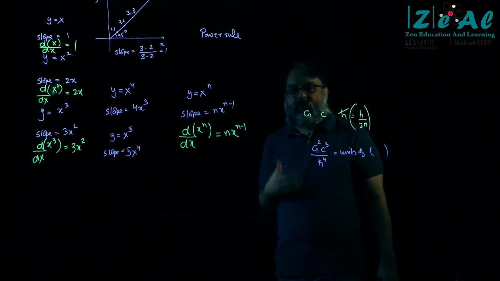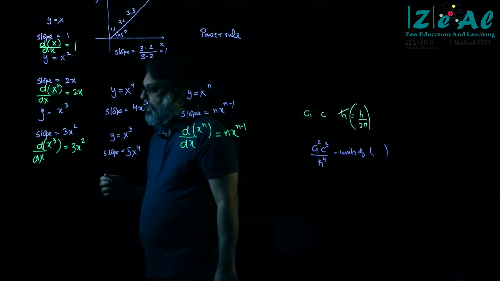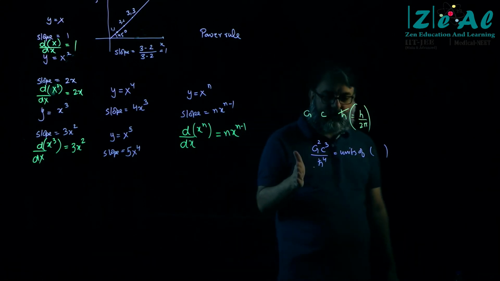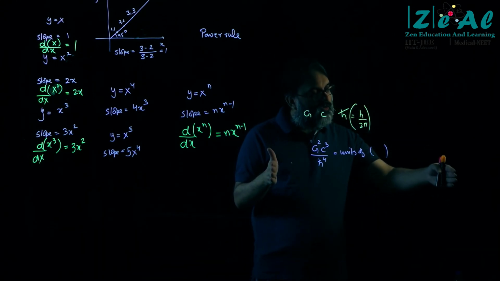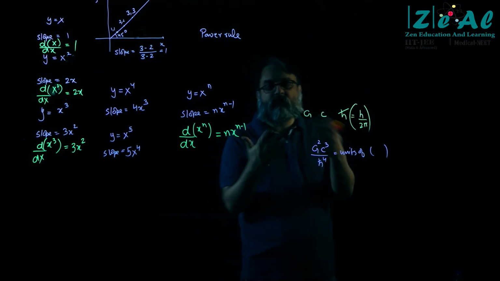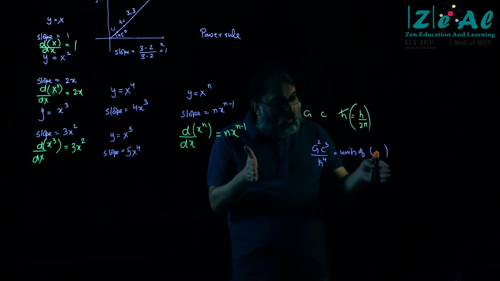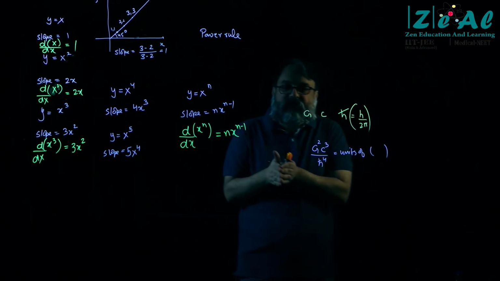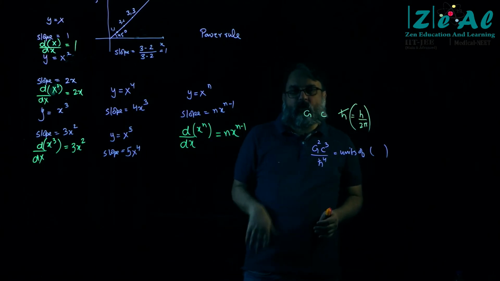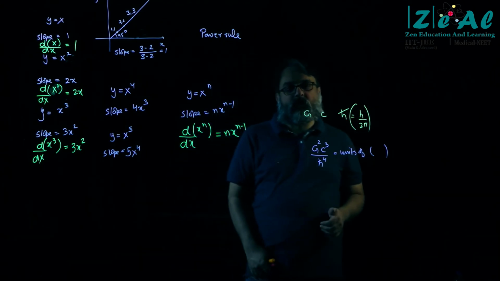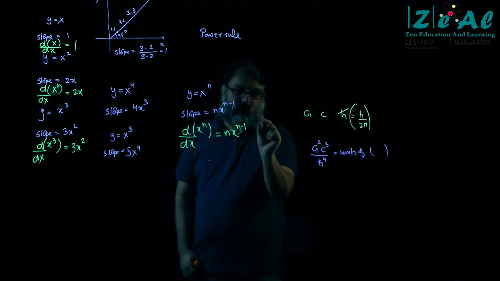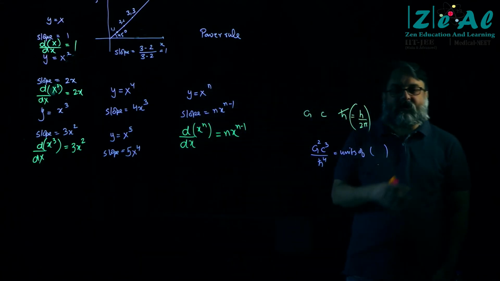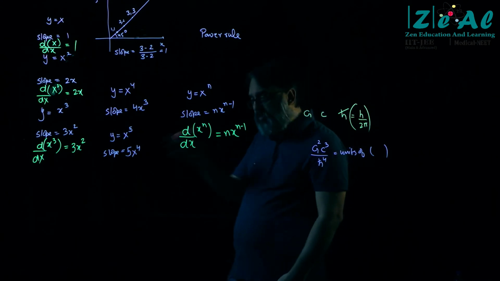And it comes up naturally for some reason. And it seems that from the Big Bang up till now, we know almost everything that has happened. Well, we think we know almost everything that has happened up till the point 10 raised to the power minus 42 seconds. So when the universe started, when the Big Bang started at t equal to 0 and at t equal to 10 raised to the power minus 42 seconds, we don't know what happened in that duration. After t equal to 10 raised to the power minus 42 seconds, we have an idea of what happened. But beyond that, we don't know what happened.